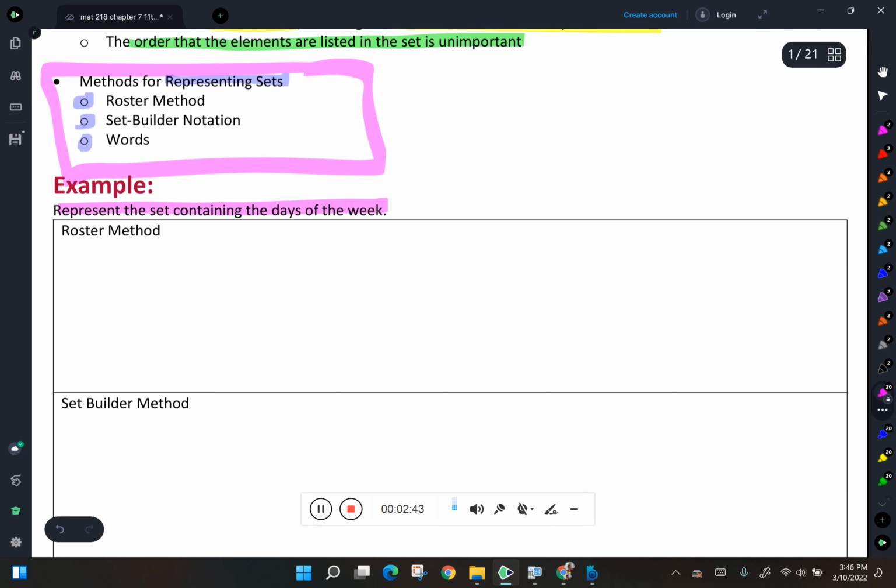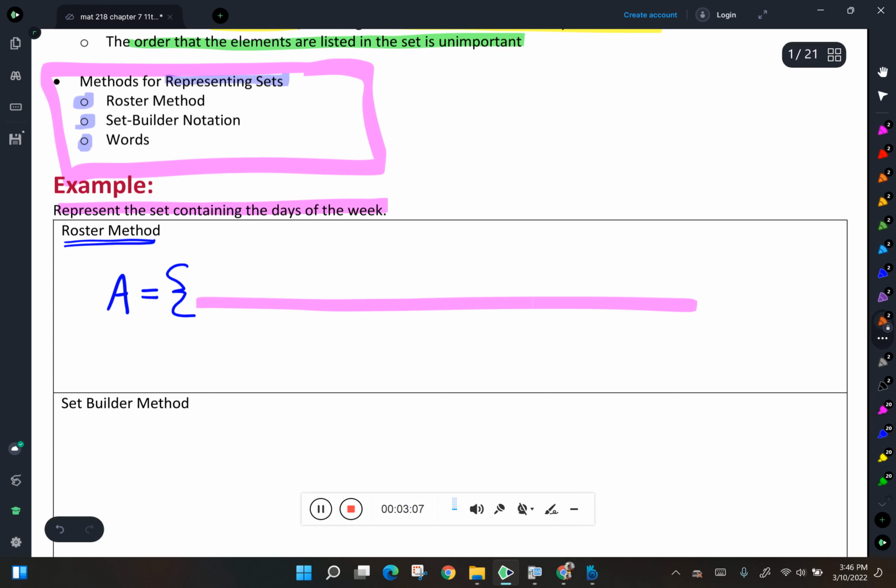We're going to start out by representing it using what's called the roster method. Now, the first thing I'm going to do is give my set a name. In set theory, we almost always use capital letters to give a name to a set. So I'm just going to call this set A. And I'm going to say that set A is equal to, and then I use these braces. And then inside of these braces, I'm going to place the elements of the set. So the days of the week, we've got